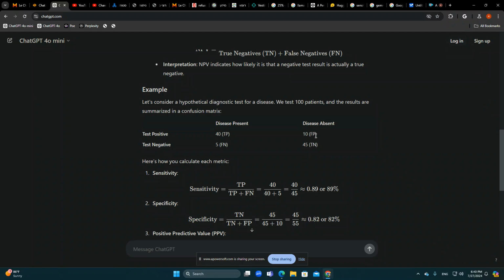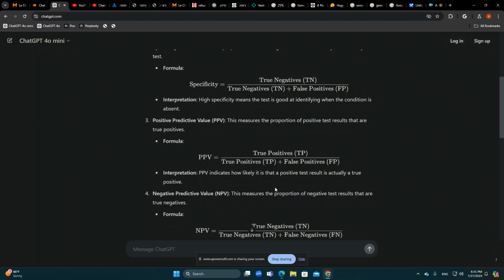Here are the false positives. So specificity is true negative divided by all of this column from the reality column. Sometimes the test is here and the reality is here. Here in this table, the test is here and the reality is here. Okay, so sensitivity looks at this column, specificity looks at this column, and now we're going to the positive predictive